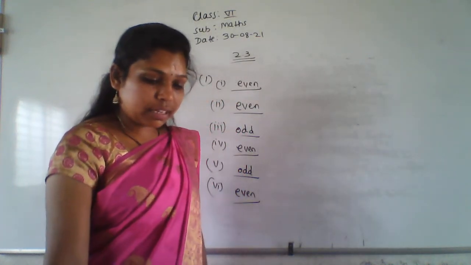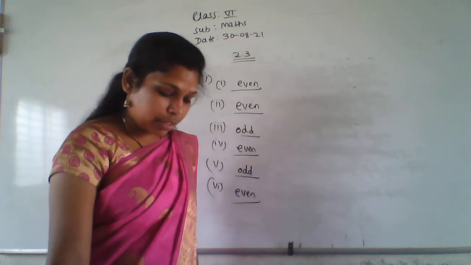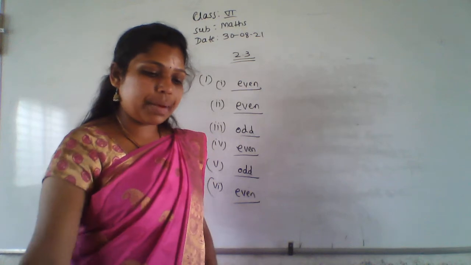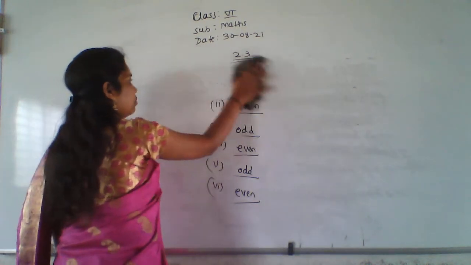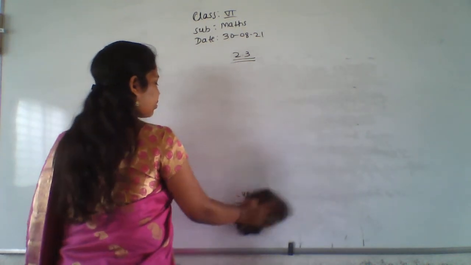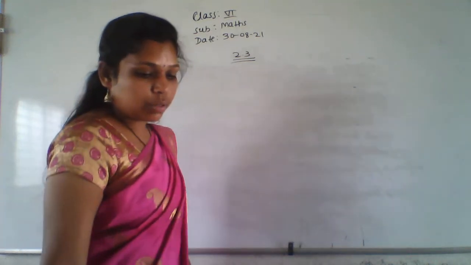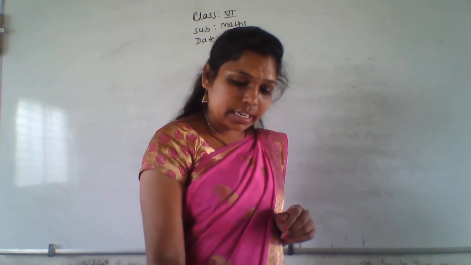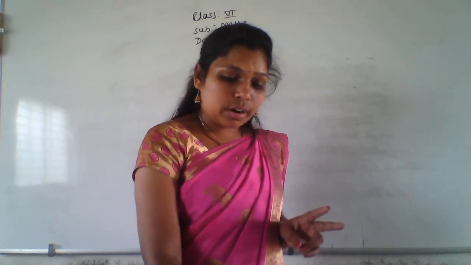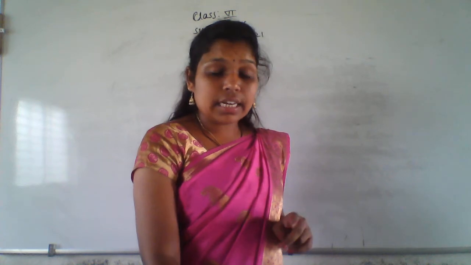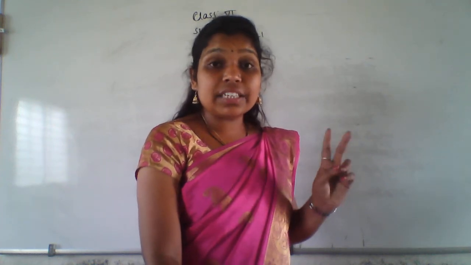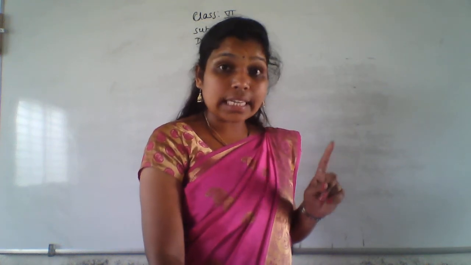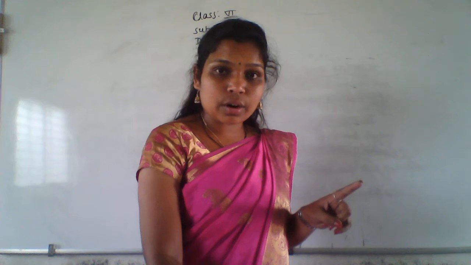Next, the second main is also fill in the blanks. So we'll start with the second main now. What is the question? Read properly. Pairs of dash numbers having a difference of 2 are called twin primes. Twin primes are nothing but two prime numbers whose difference is 2. Understand what I am saying here?